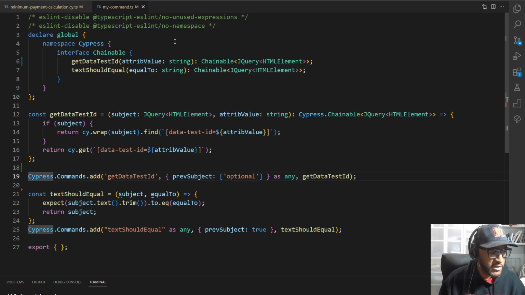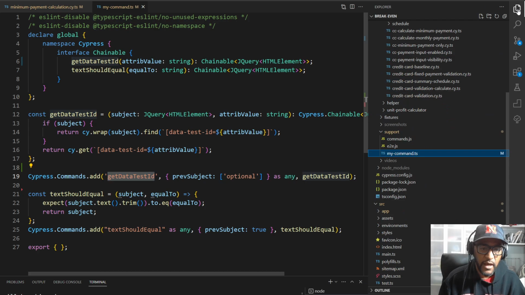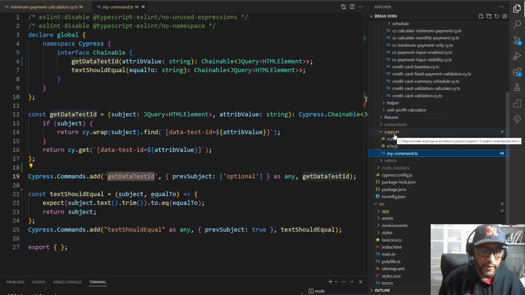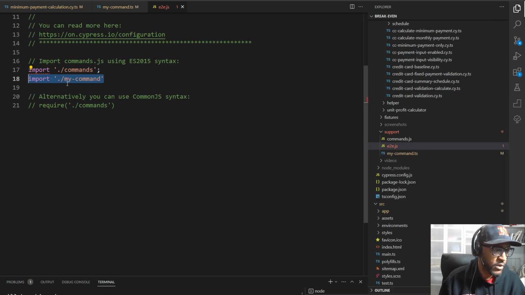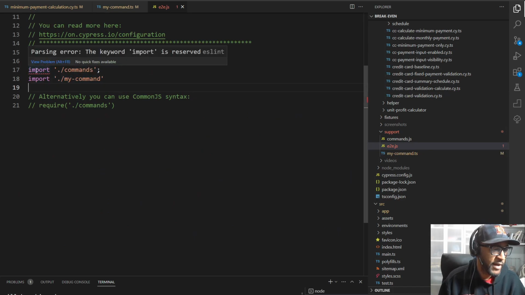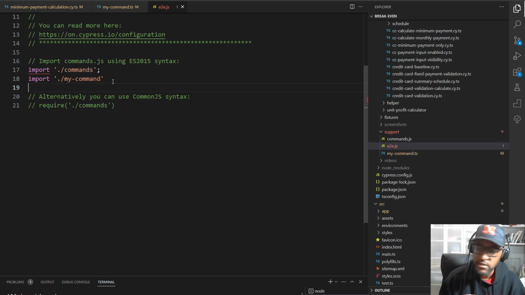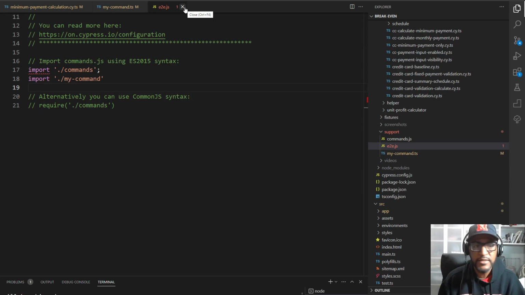And then I add this to my Cypress commands. So you can see I'm adding this getDataTestId here to this getDataTestId. And this is under the support file in Cypress, and I add it to my-commands.ts. And then in my e2e.js file, I just import it into my commands. I need to figure out why ESLint's complaining about that, but this does work. And easy peasy, lemon squeezy. And I will paste this down into the comments so you don't have to worry about these details,